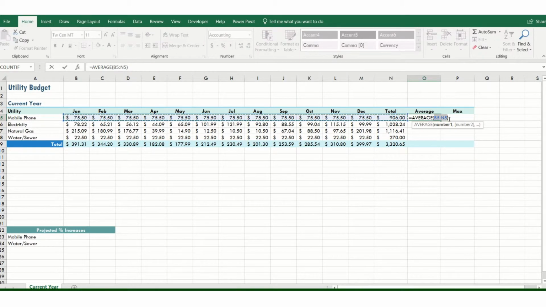So the average function knows to add up each occurrence and then divide it by that number of occurrences. So we don't want to include our totals. So we're going to reselect, click on the check mark,